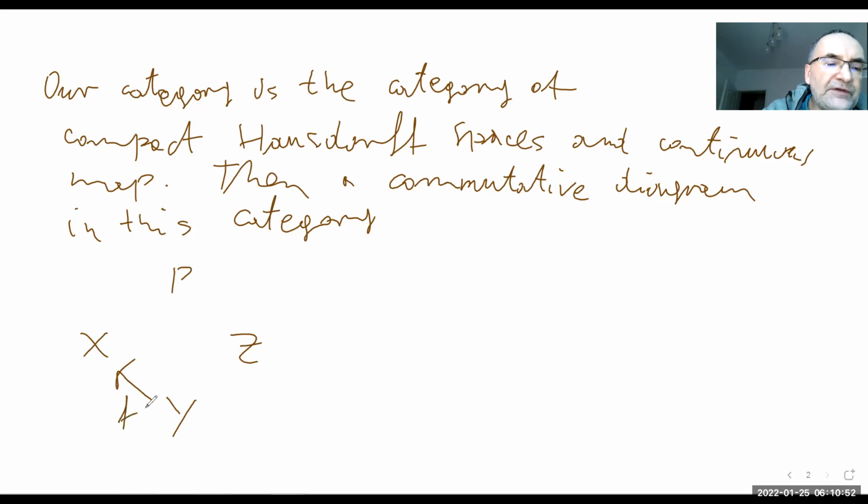So here I have some continuous maps f, g. Here I have some other maps, I don't know, maybe capital F and capital G. So such a commutative diagram in this category is a push-out diagram